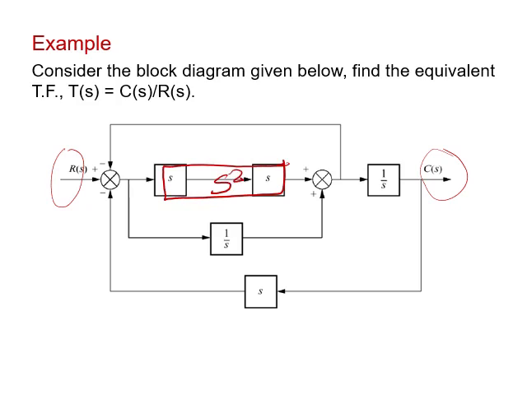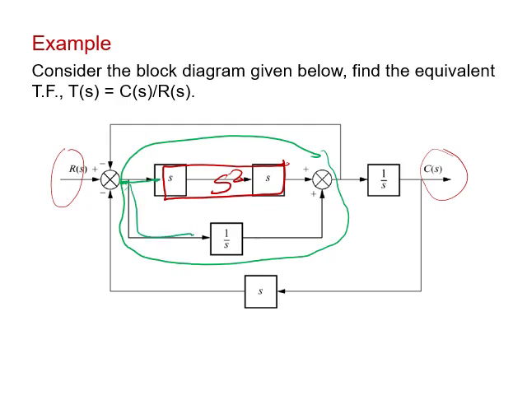Fine. Now, after finishing that part, look at this arrangement. We are having signal going to this side, and the signal will meet again at the summing junction. That means it's parallel, which means this green box can be written as S square plus 1 over S. So once we do it,